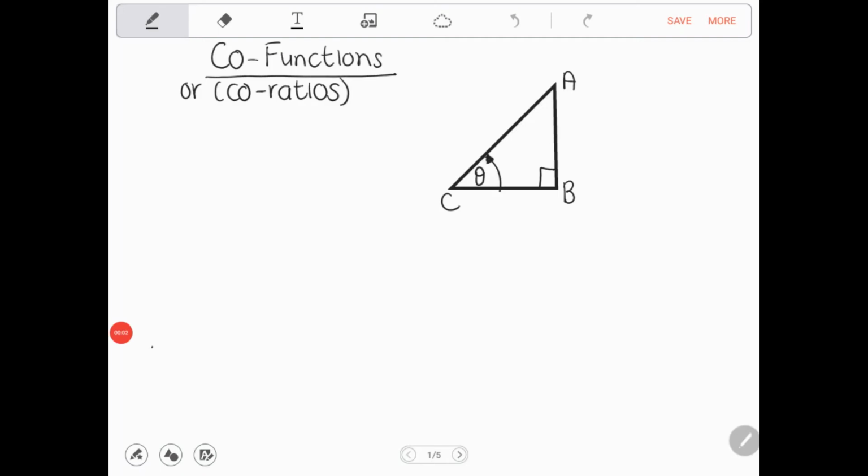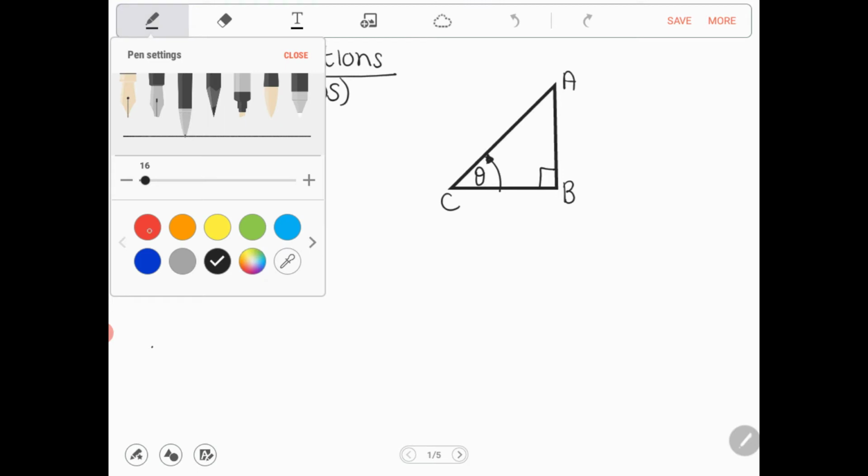Okay, so today we're going to be adding co-functions or co-ratios to our cos diagram and to our simplifications. And I just wanted to use a right angle triangle to show you or try and explain your co-ratios to you. So if you look at this triangle that I've drawn here, ABC, if you remember from last year,